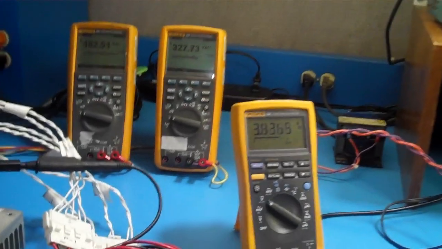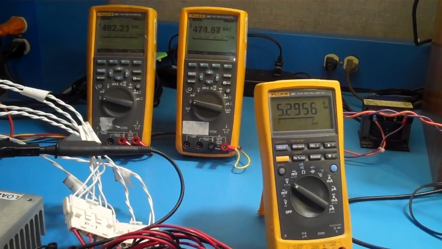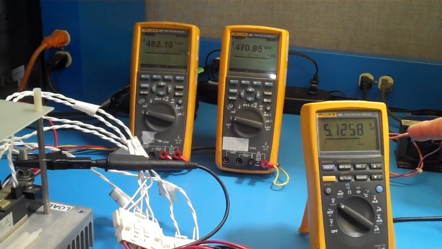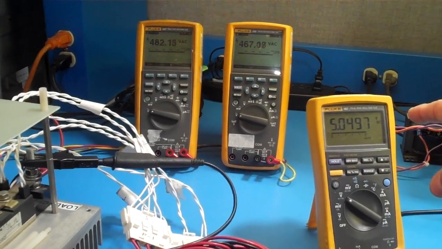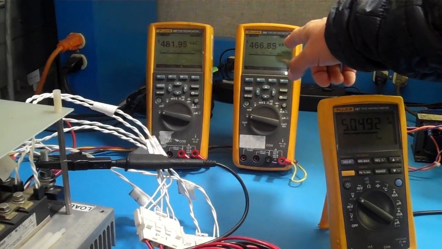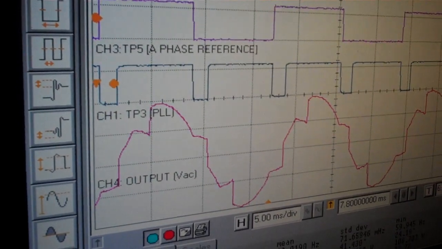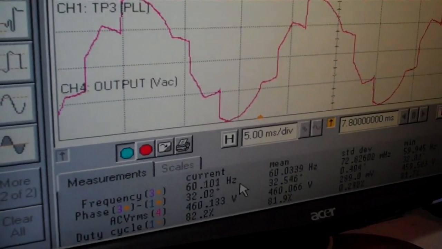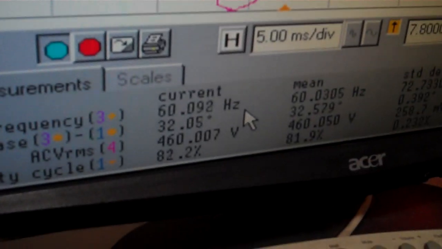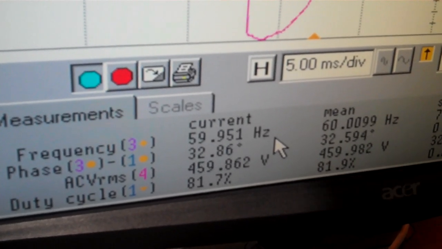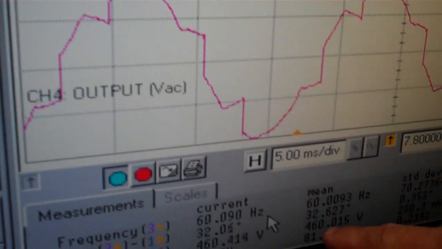Let's go ahead and go to 5 volts, Tony. That's good. We got 5. That's fine, Tony. 5.04. 466 is our output. And here we have our waveform. That's starting to look like a true sinusoidal wave. And for 5 volts, we have an 82% duty cycle of test point 3, which is equivalent to